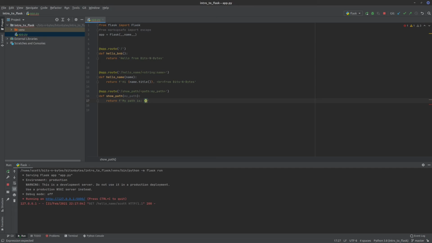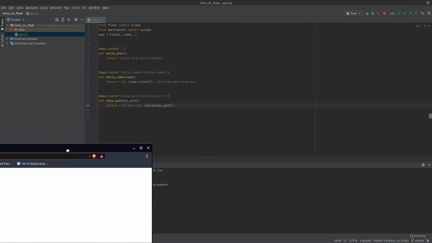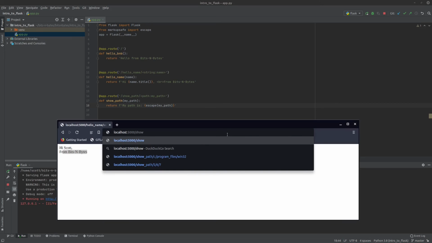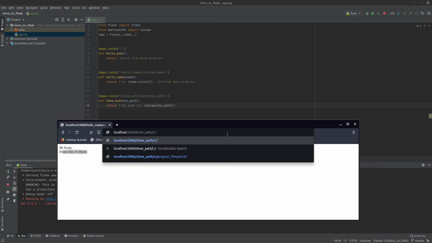And here's where we're going to use the escape. And that's going to give us what we need to do. We've got to do this double space up there for Pycharm, make Pycharm happy. And then now, if we type this right, we should be able to type in our URL up here as /showpath. And we can pass in a path here, something like, I don't know, if we do something like C.